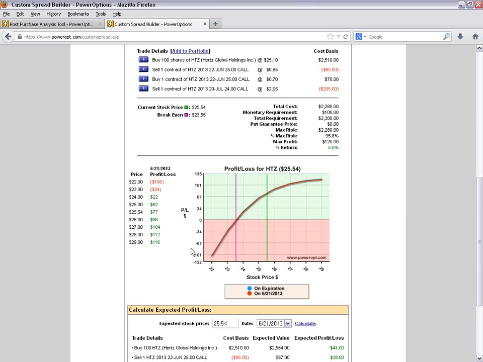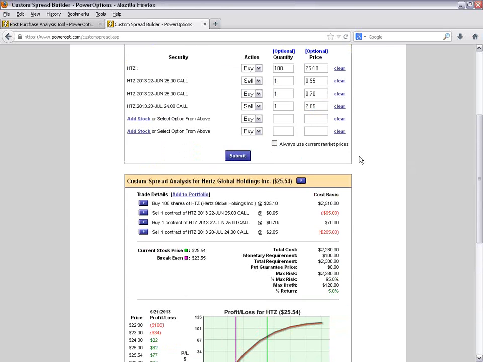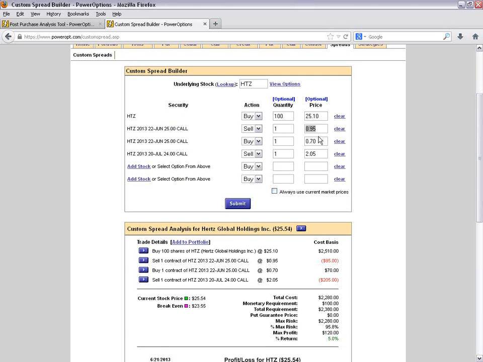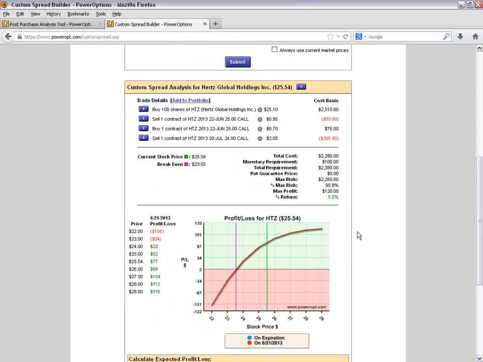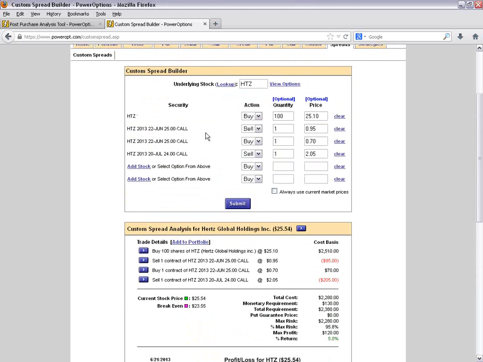This looks like a weird covered call chart, doesn't it? It's kind of skewed. It's curved. Why is it curved? Well, it's because the system does calculate that this is closed out monetarily, and this would be our return if the stock was trading above 27 now at July expiration. But the reason why we see a curve is it's reading this as a calendar spread. It's reading it as we're short a June 25 call, long a June 25 call, and short a July 24